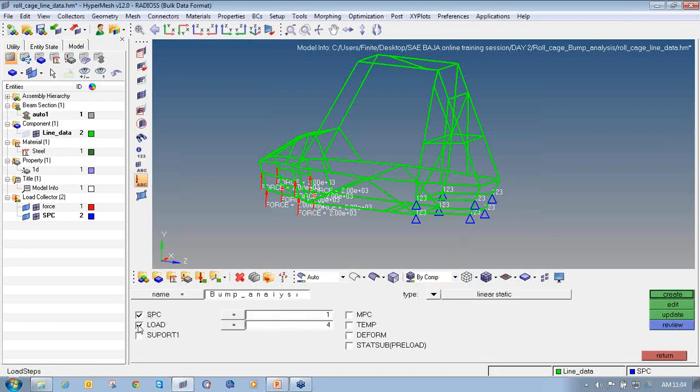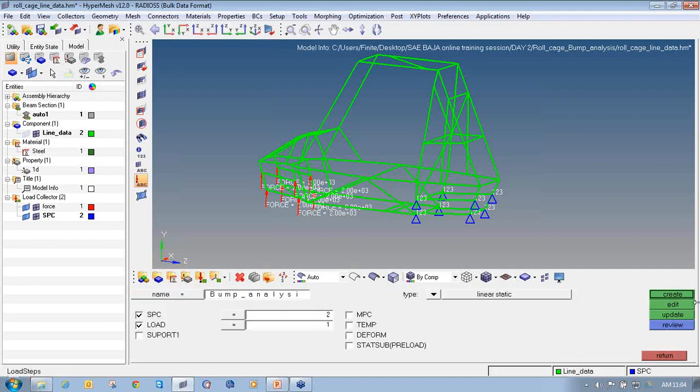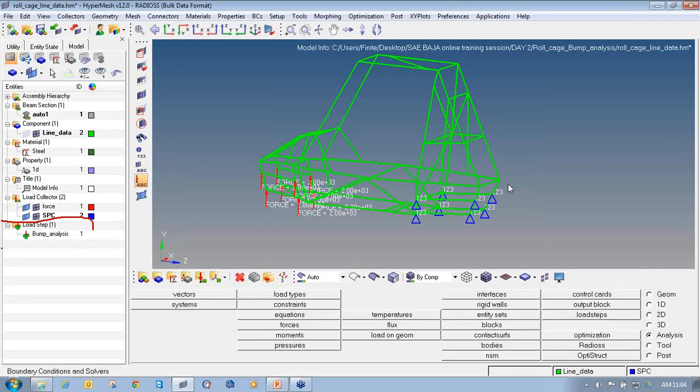Check the box in front of SPC and load. SPC stands for single point constraint, so select SPC as SPC and load as force. Then click on create to create the load step. Again in the model browser you can see the load step for bump analysis has been defined. Then click on return to exit the load step panel.